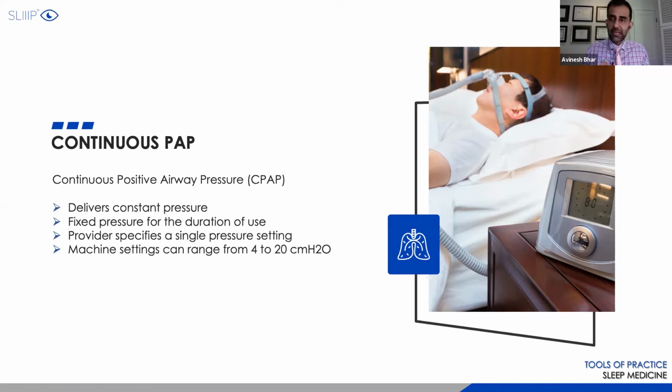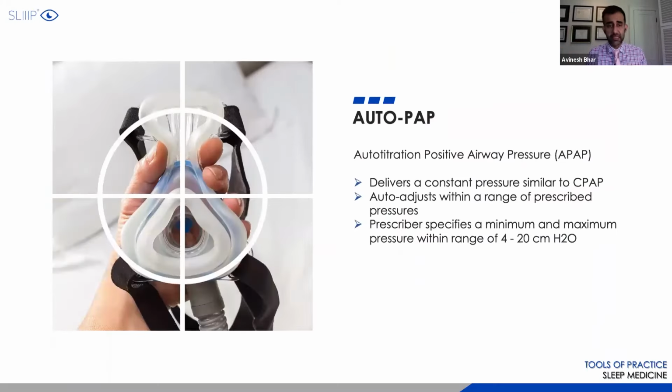However, what we find is that patients have various different sleep positions. They may drink alcohol on weekends. They may take an extra sleeping pill on another day. And all these things may have an impact. And so the continuous one set pressure seems to be falling out of favor because we have a lot more algorithms. The algorithms have really advanced in terms of how to meet the patient's needs and expectations, especially whether they're lying on their sides or even stomach sleepers, or whether they're on their backs all the time, whether they're on medications that suppress REM, for example, and they may have been offered during the sleep study.